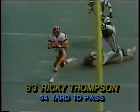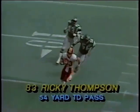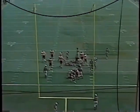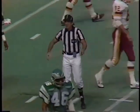The Redskins with only their 4th touchdown pass of this year. And Thompson, the 54-yarder, that's his 2nd touchdown grab this year. Mark Mosley, point after, and Mosley hit it. There's a flag on the play. Mosley having a tough time kicking this year. Pat Haggerty will indicate